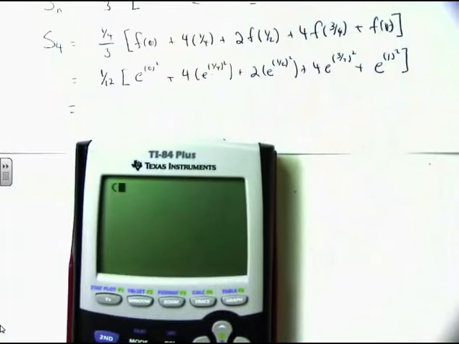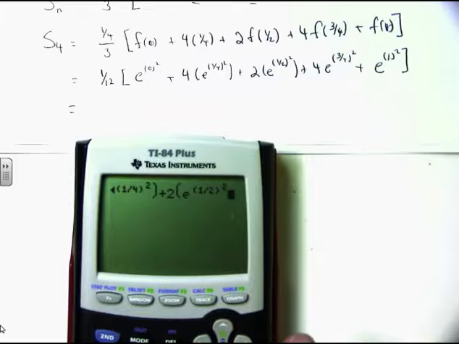This would be, always put parentheses around fractions, 1/12 times, parentheses, e to the, I'm typing it in just to show you guys, 0 squared plus 4 times e to the, another parentheses around these fractions and the exponent, 1/4 squared plus 2 times e to the parentheses 1 divided by 2, 1/2 squared,